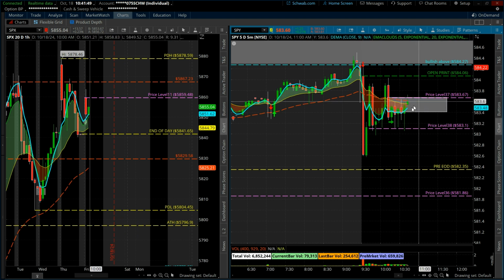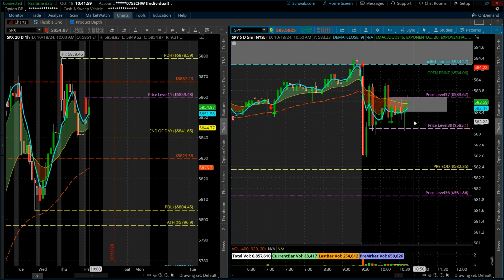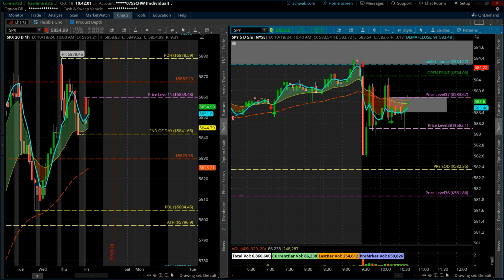We'll probably get some chop, right? And honestly, this probably will sell off right now. And if it does, this is the thing, right? I have strict rules where I will never allow a loss larger than around 35%. So it is what it is. It's a game of risk reward. Some trades work beautifully, some don't. You have to be sure that when the market's giving you shitty conditions,